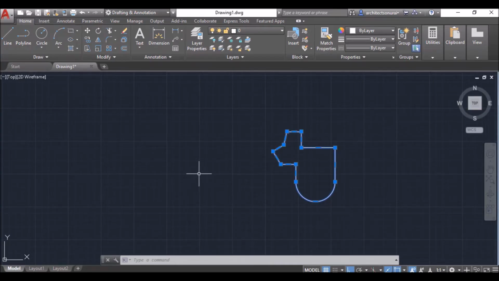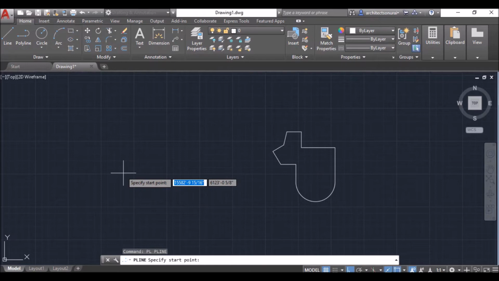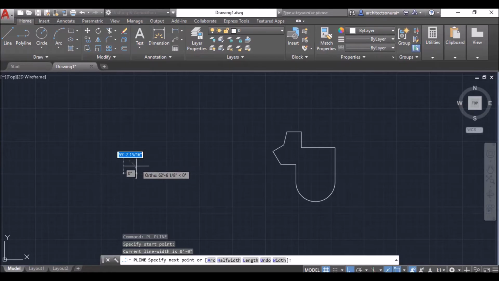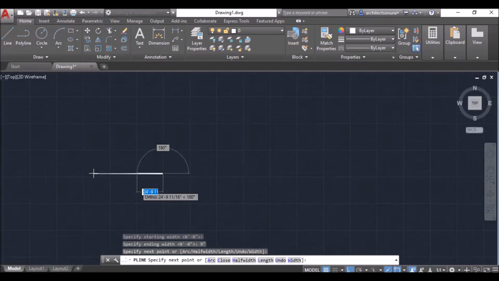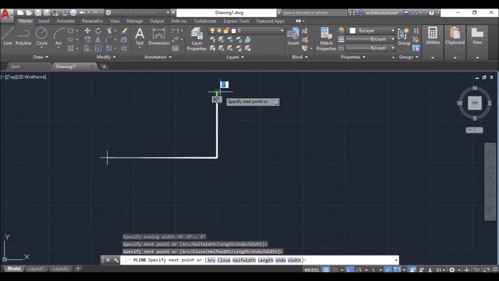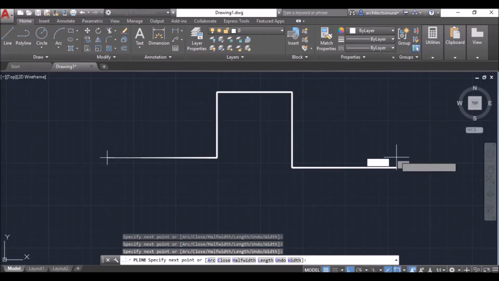After that, if I go again to polyline, PL, enter, and I click anywhere, and after that I select width. So I go for W, and now it's saying specify a starting width. So this is 0 feet 0 inches. I will click enter, and ending width I am taking like 9 inch. So if I draw a line, it will be 9 inch thicker, and I can start drawing thicker lines, and